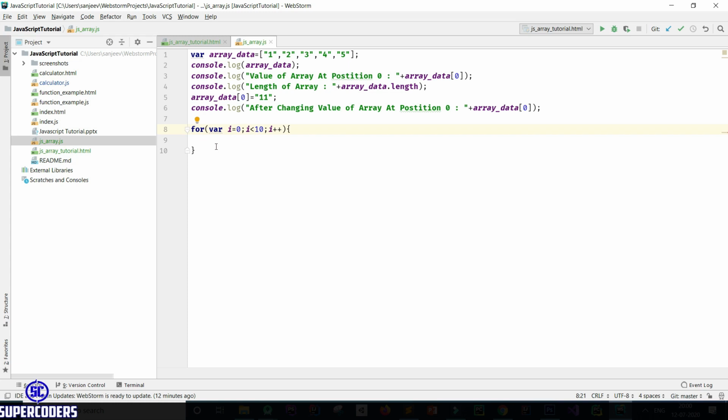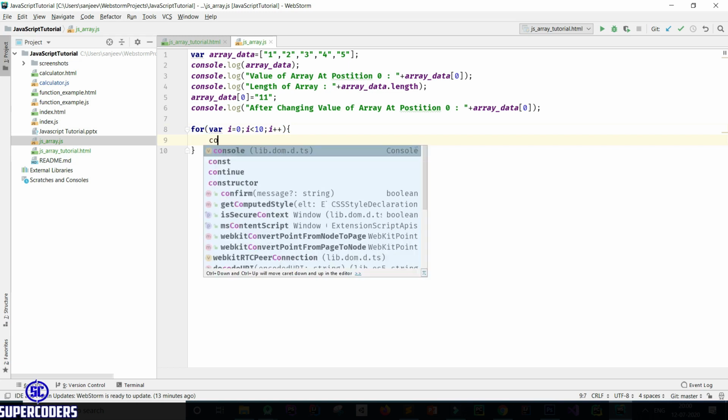Then this loop will run until i reaches 10. And here i plus plus means on every execution the value of i will be changed. So if the loop starts with 0, then after the first loop it runs with the value changed from 0 to 1, then 2, then 3, then 4, and continues until it reaches 10. When it reaches 10, the loop will stop running.